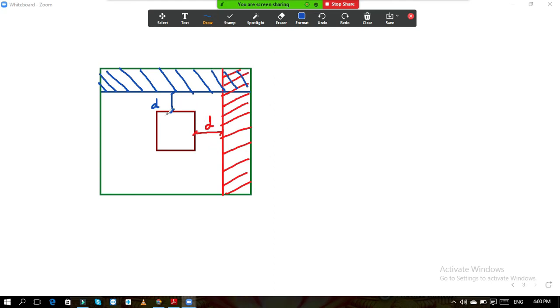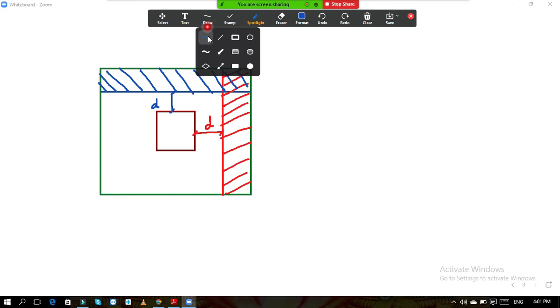So due to this column, in the case of one way shear, your critical section is at a distance of d, either to the right hand side or upward side, or instead of right you can also take the left, instead of top you can take the bottom, but it is either side. So at a distance of d, this is the critical section, and this footing will fail. This strip, whatever you are looking at over here, will get disconnected from the footing.